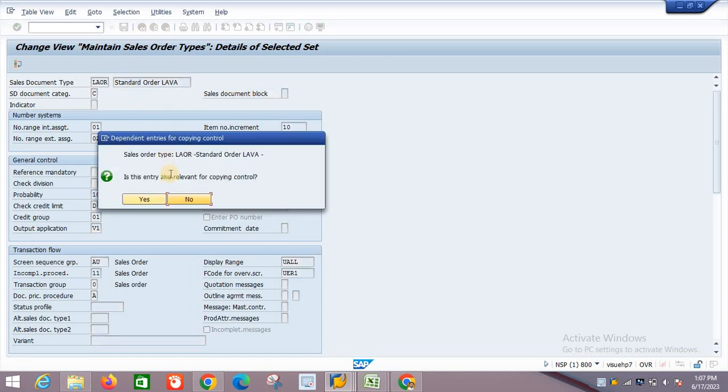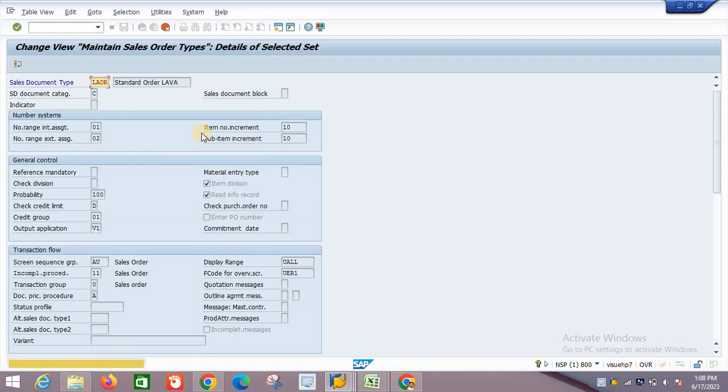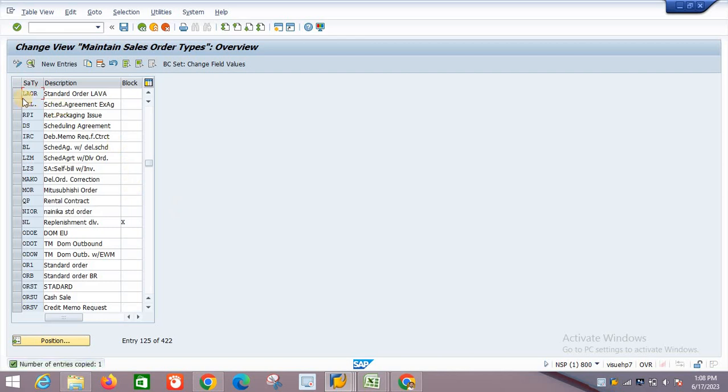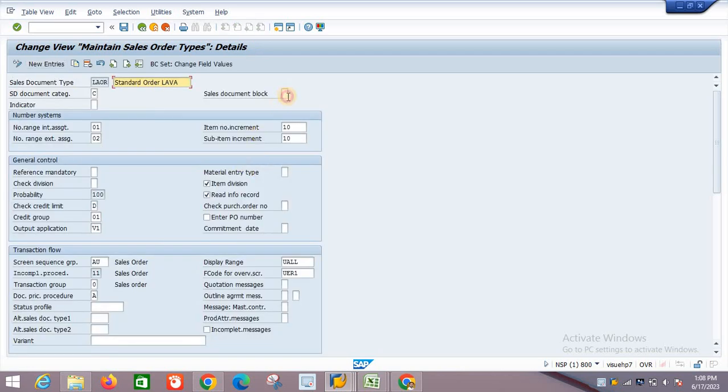What is meant by sales document block? First of all, the sales document I have created is LAOR. Let me go into the detail. The second field is the sales document type. Let's say our Lava mobile, the Lava 3G mobile, is there.